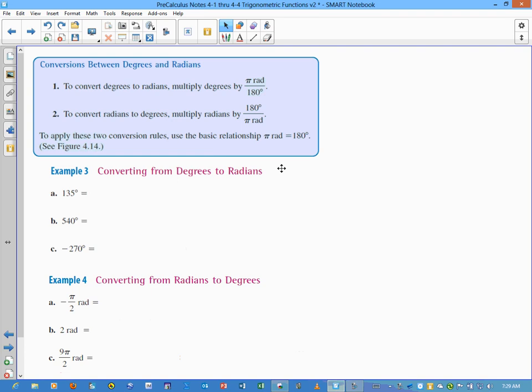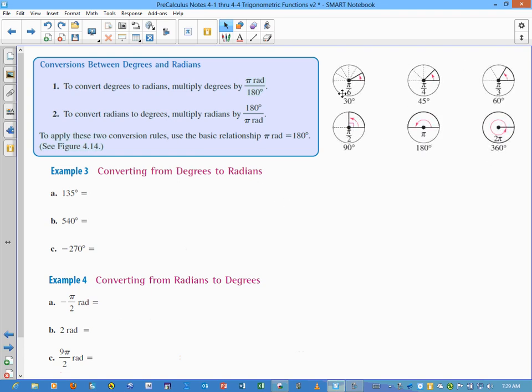to get rid of. Now the RAD is written here for clarity to show the canceling out of the units, but normally you do not need to write the RAD to denote radians, because that is the default measure, as I mentioned. So keeping in mind our most common angles that we need to know, let's look at some of